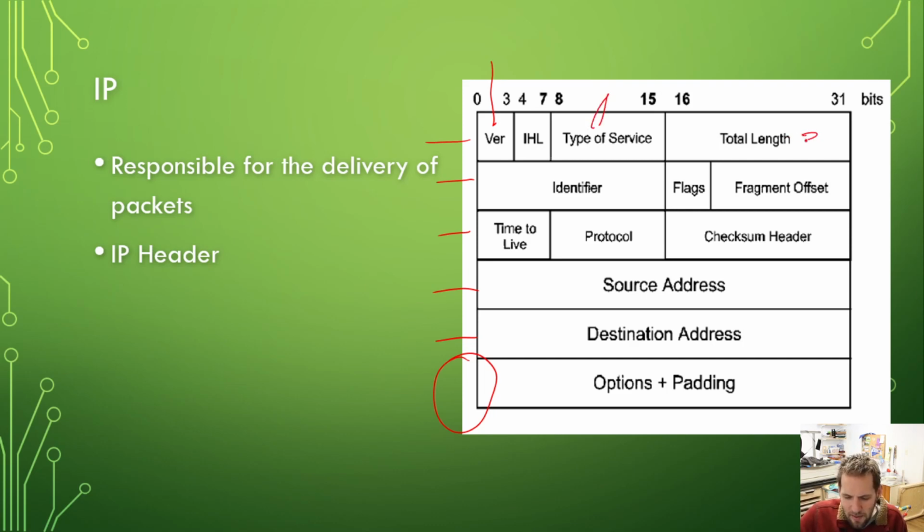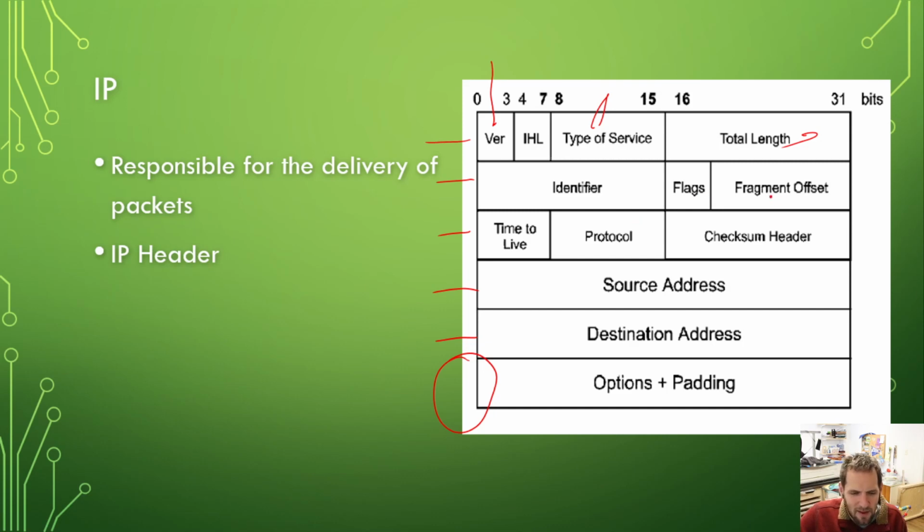Our total length, I think, is pretty self-explanatory. Our identification uniquely identifies each datagram sent by a host. This is kind of like a tracking number in the Postal Service. Basically it's actually the number itself, not the tracking purpose. It's just that number. Then we have our fragment offsets, which are used in case of fragmentation